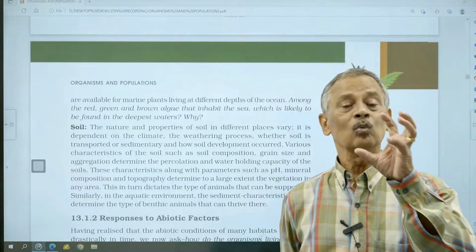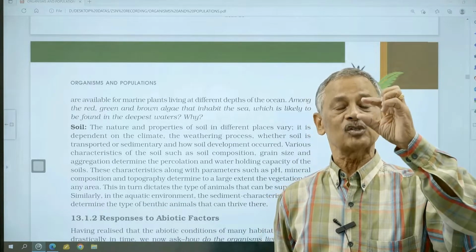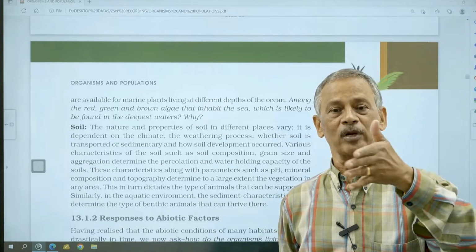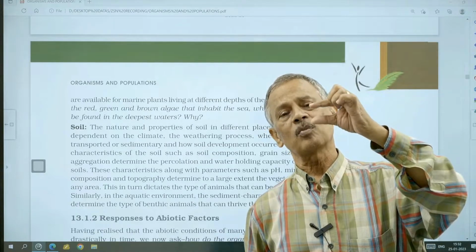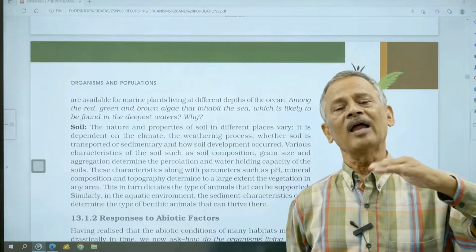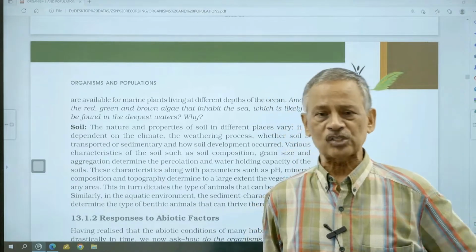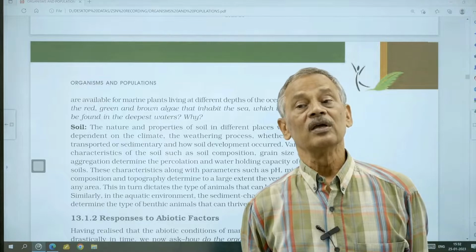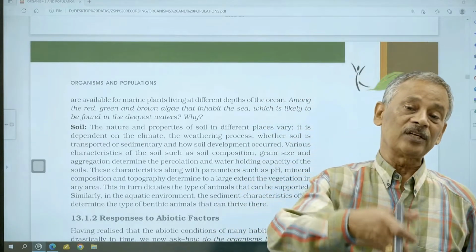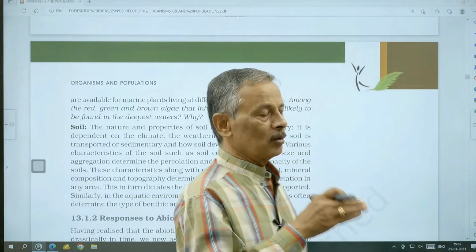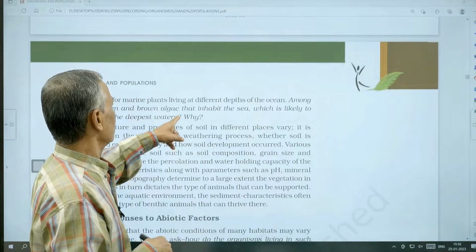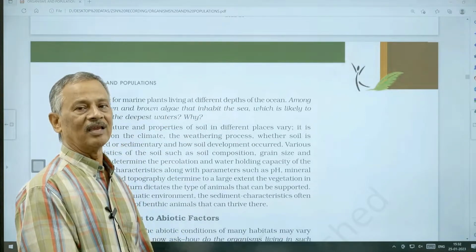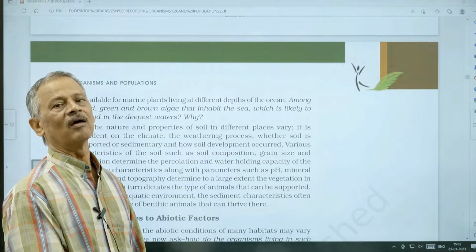See, blue and green, of shorter wavelength, will be scattered and absorbed as they enter the water body. They have small penetrating power, and so they will be completely lost. They cannot reach the deeper part. Red waves will penetrate deeper, and so the algae living in great depths will be red algae, which can utilize the red wavelength.